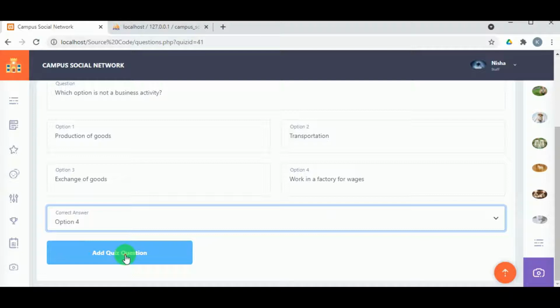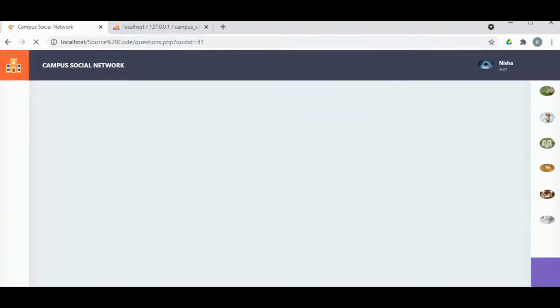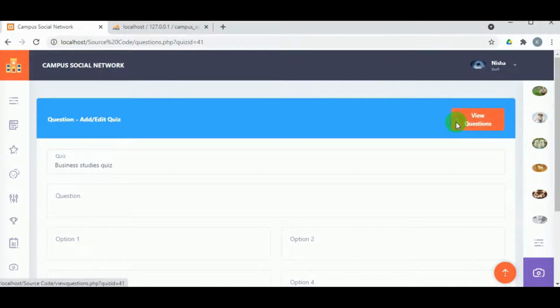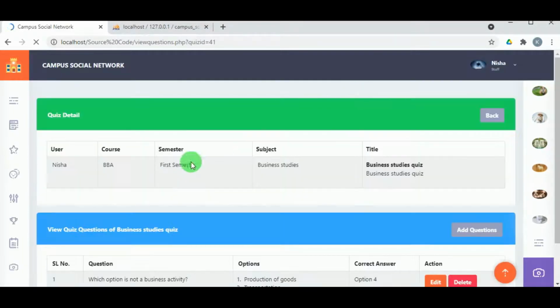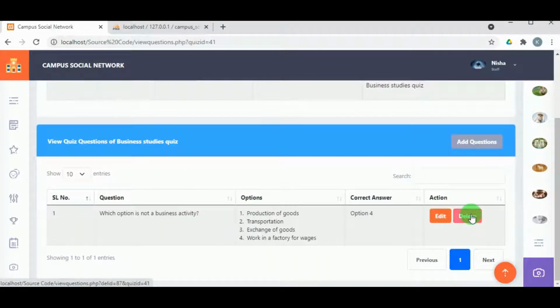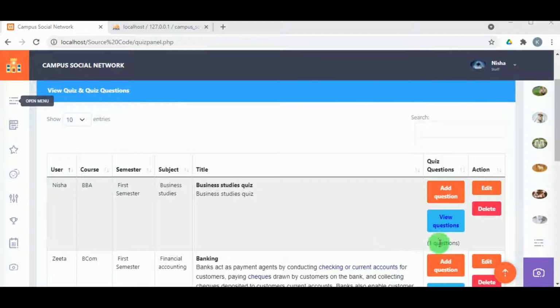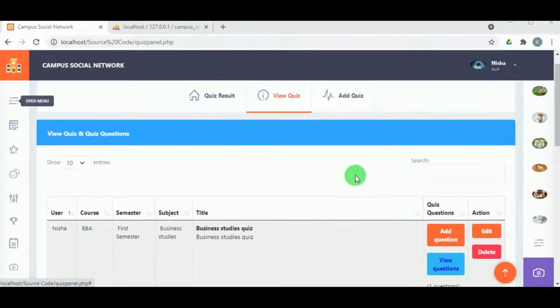add quiz question. So this will add the quiz question, and under the view question button, the questions added by the staff can be viewed, and again there is an add question button there, which will allow adding more questions to the quiz title. So now if you view the quiz, here we can see 1 question, that is, we have added 1 question, so it is updated to 1 question, which was 0 questions before.